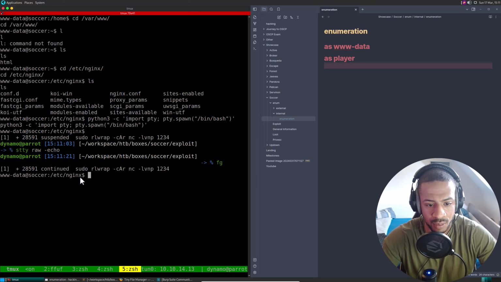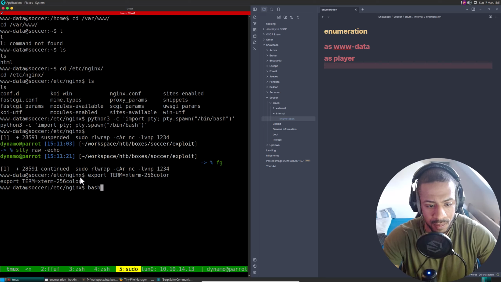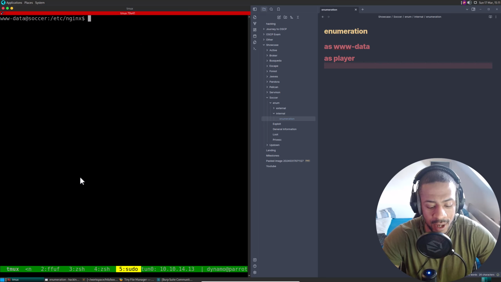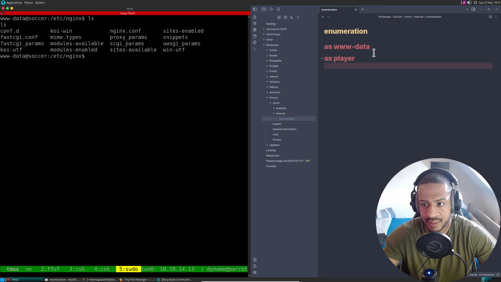And then we go back forward, and then we do, I wish I had done it all by heart, but sometimes I still struggle with the muscle memory. Xterm 256 color. Bash. Yeah, our shell hasn't really changed. Yeah. Anyway, so we are inside Nginx.